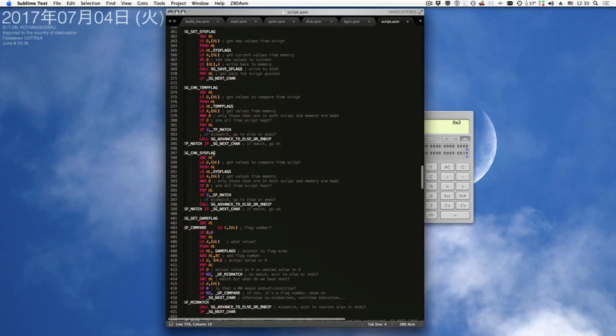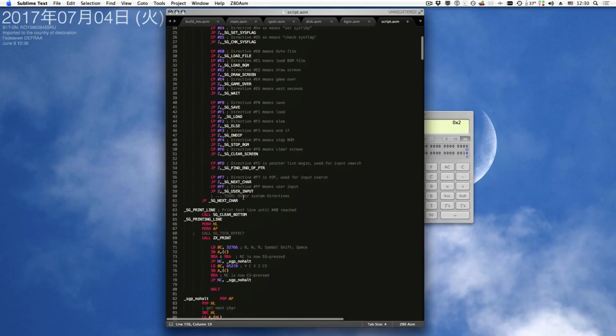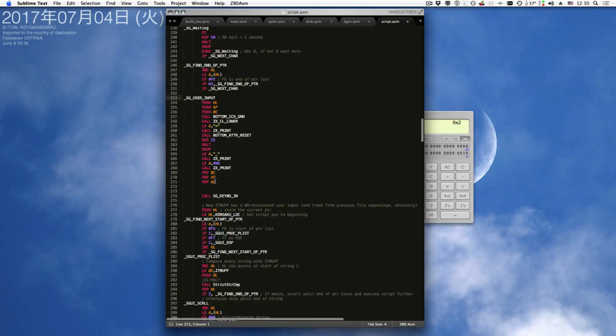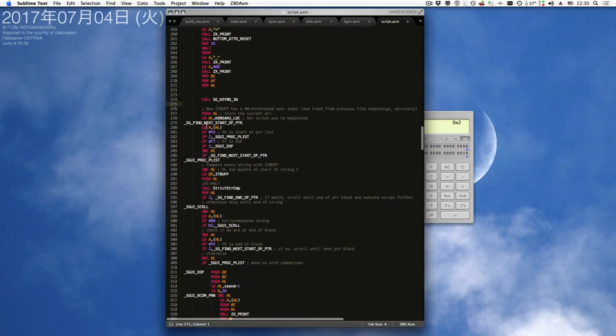After the user has finished their input, let me find this again, user input, go to definition, okay. So after the user has finished their input, the decompression buffer now has the string they have inputted ending with a 0 and some trash from previous files or previous inputs or whatever. So we're going to store the current pointer of the string and load the script beginning of the system script, not the main script but the system script, into HL,